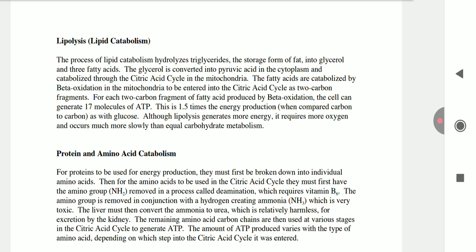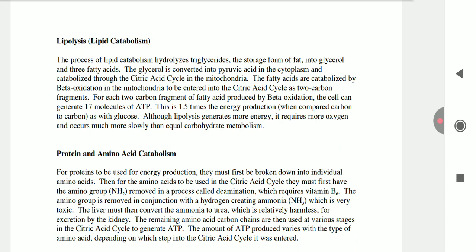Lipolysis, lipid catabolism. The process of lipid catabolism: hydrolysis of triglyceride, the storage form of fat, into glycerol and 3 fatty acids. The glycerol is converted into pyruvic acid in the cytoplasm and catabolized through the citric acid cycle in the mitochondria. The fatty acids are catabolized by beta oxidation in the mitochondria to enter the citric acid cycle as